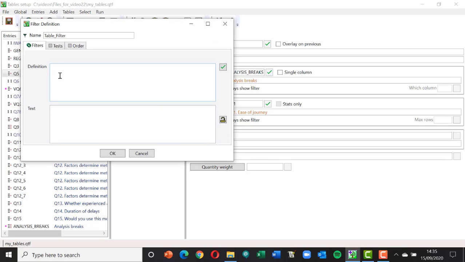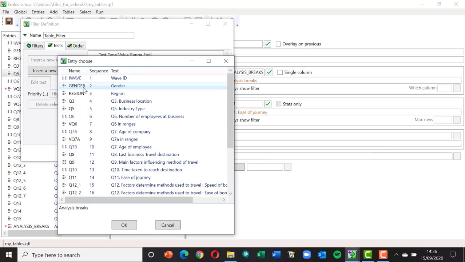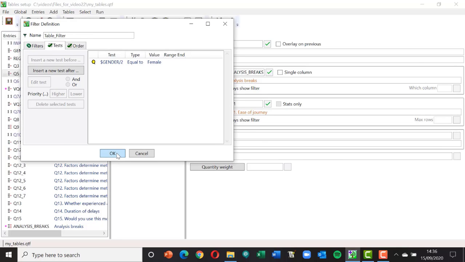Now I can either do this rather like setting up my questionnaire. This is all explained in setting up the questionnaire, but I'll briefly explain it here. I can either type in what I want. You can see I type gender/2 and it pulls up the text gender is female. Or if I'm less confident specifying it through syntax, I can click on the tests, insert a test, pick the question I want, choose the value or values that I want. Well, I only want one value here, so I'm just going to pick gender female, click OK, click OK again,